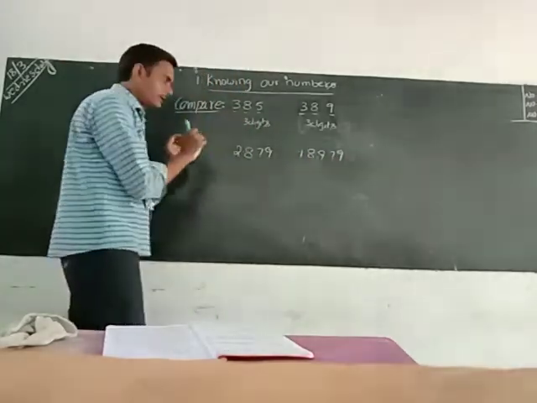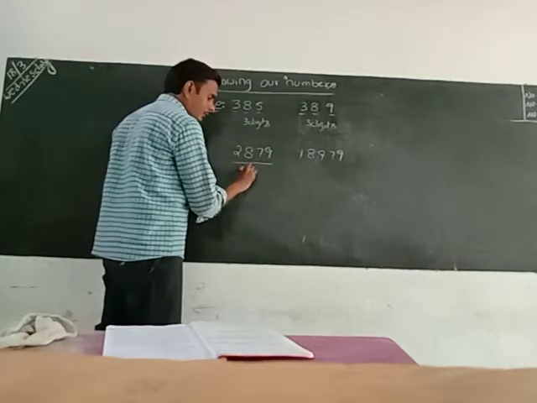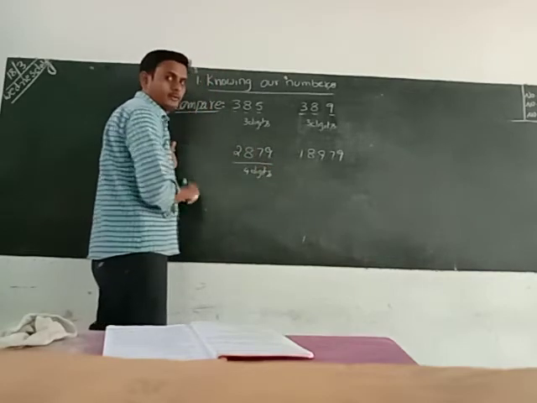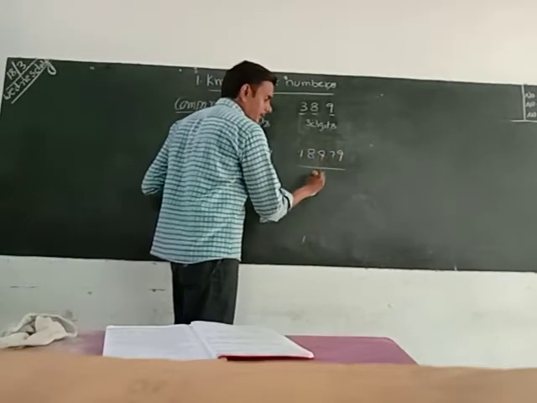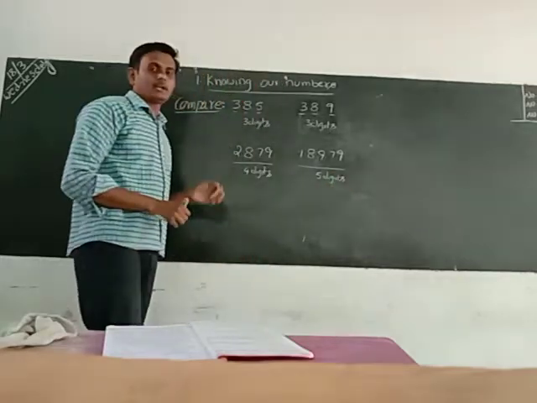But we have to identify the number of digits here. How many digits are here? 1, 2, 3, 4. 4 digits are there. How many digits are here? 1, 2, 3, 4, 5. 5 digits are there. Whenever a number has more digits,